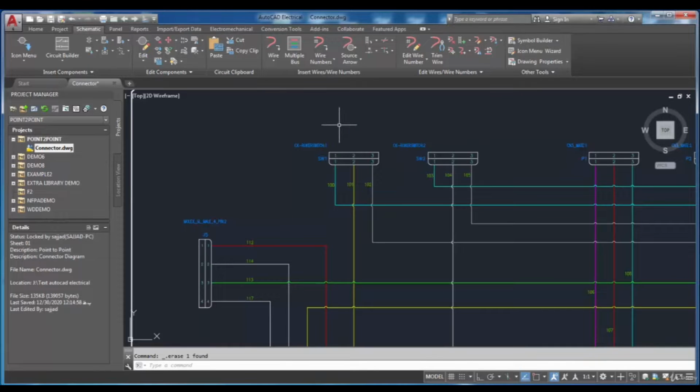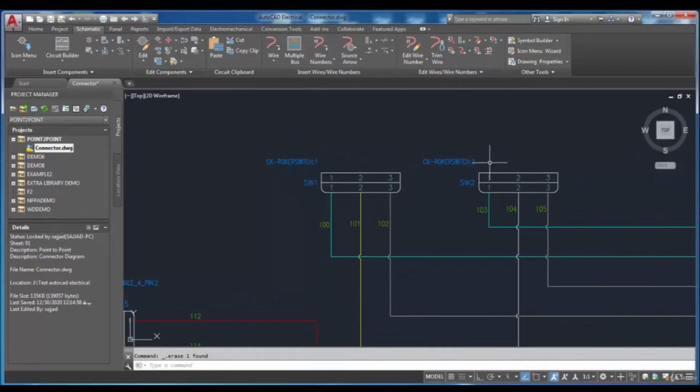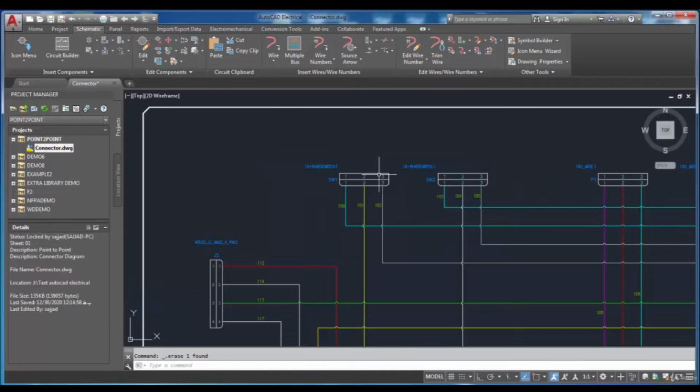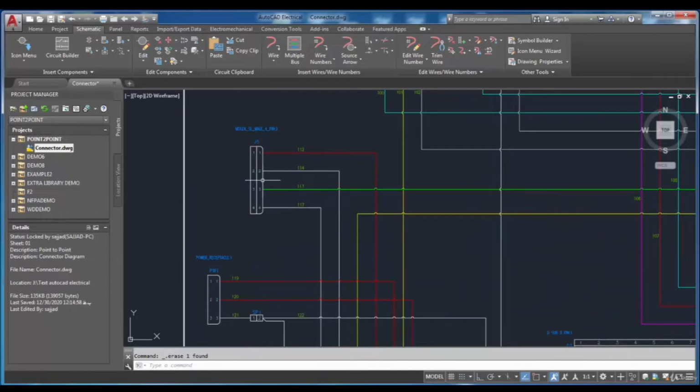I've opened the Connector Drawing demo file in the point-to-point project file as an example to explain the connectors. Connectors are components that are commonly used to connect different parts of a circuit. Moreover, they are used to connect a group of wires or a wire at a single junction and to separate wires